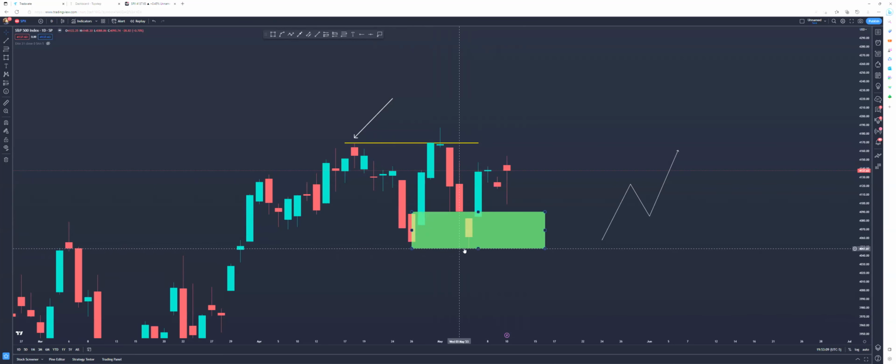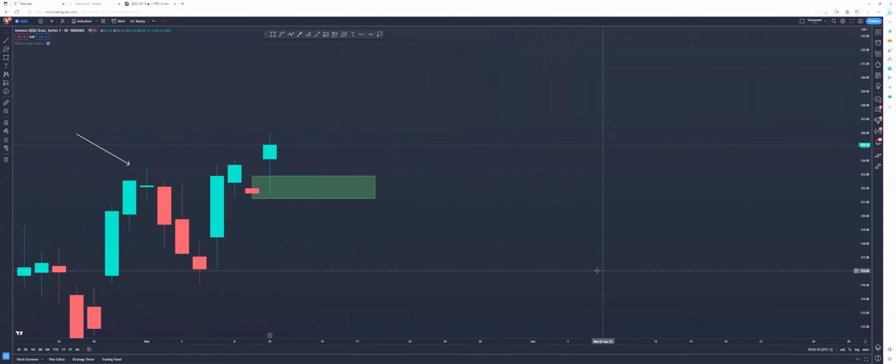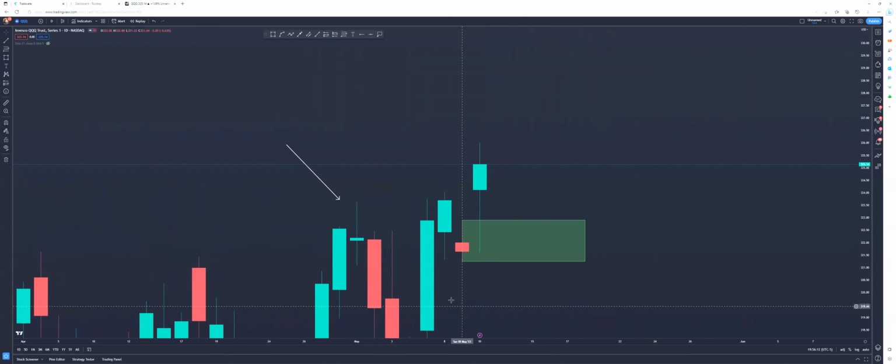Okay. And let me make this color a little lighter so that way you can see me actually draw it. Okay. So you see exactly how I'm doing it. I'm literally taking the highest point of this candle and the lowest point, and that whole entire candle is my zone. I'm about to literally show you how Meta traded out today using this strategy. Okay. So does everybody see that?